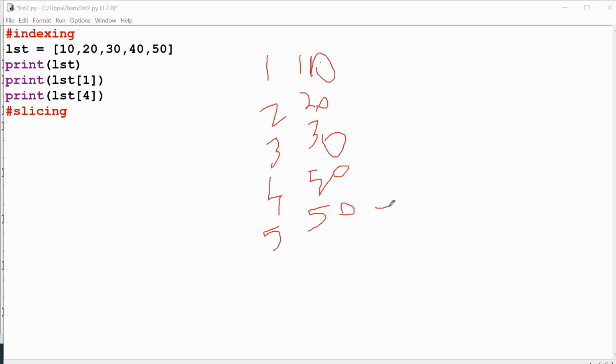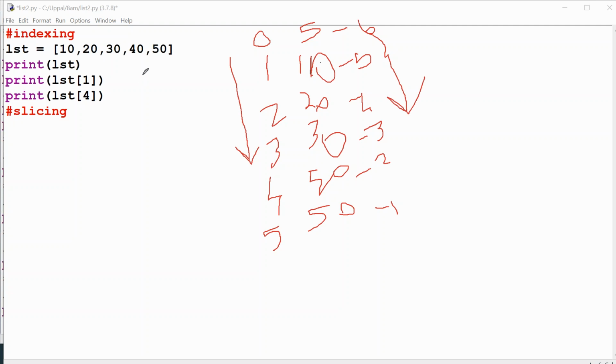Negative indexing: let's say we have another element 5 here, that is index 0. Now negative indexing: -1, -2, -3, -4, -5 and -6. And one more important point is that you have to process only in the forward direction.